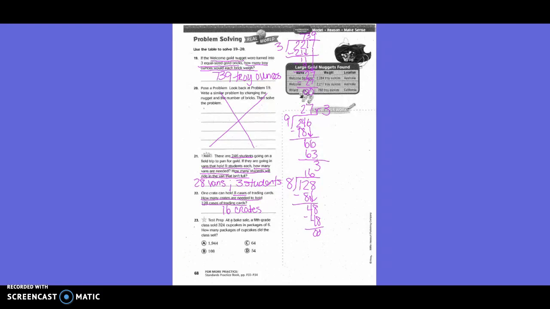Number 23, test prep. At a big sale, a 5th grade class sold 324 cupcakes in packages of 6. How many packages of cupcakes did the class sell? So we need to underline 324 cupcakes. And then how many packages of cupcakes did the class sell? Because they did packages of